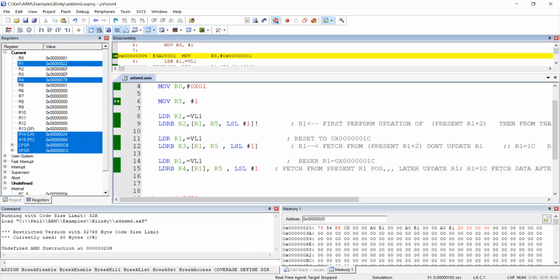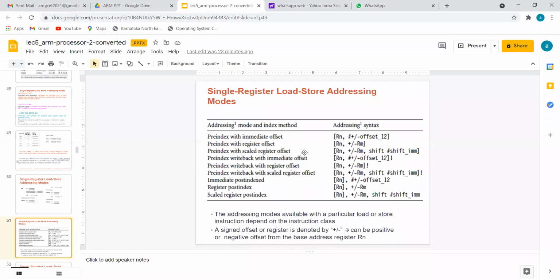So here I will come back to this. Can you see now this content of addressing modes? Now, what is the first addressing mode? First line. Here R5 is not present. R1 comma #2. I think you can recall it as R1 comma... I think you cannot see now. Okay, now can you see the presentation here? This table. Yes or no first? Table here. Okay, right. So what is the first row?